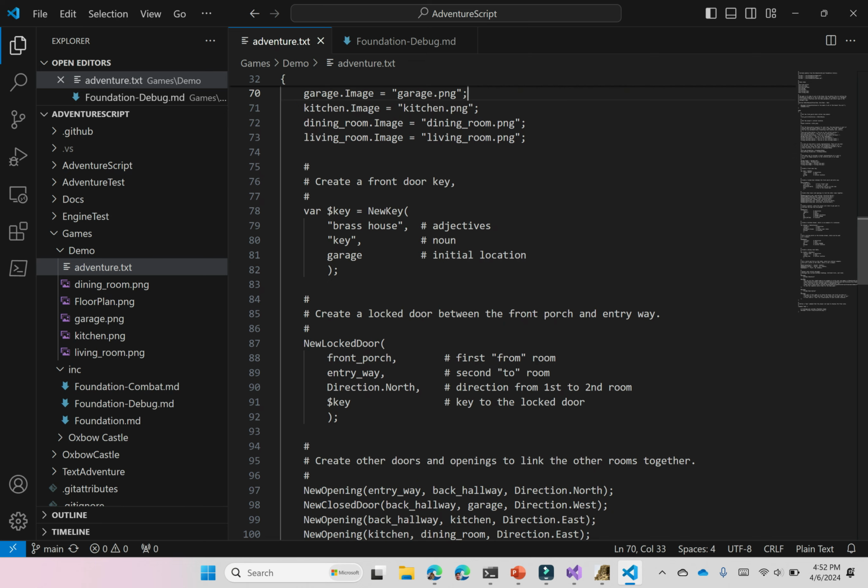Again, we're still inside the game block. Part of the goal of the game is that we have to find the key in order to get out of the room. So I've defined a key by using a function in the Foundation library called new key, and we've passed